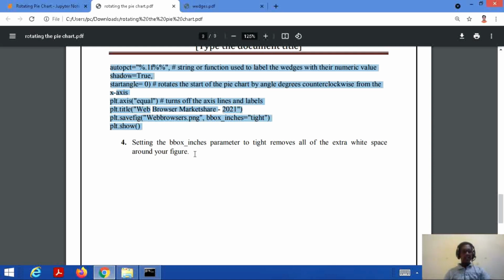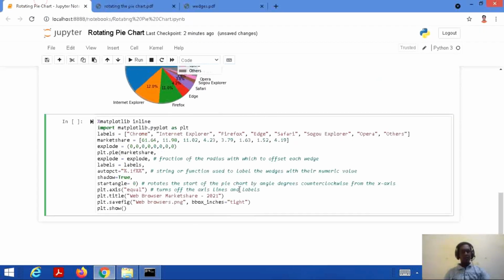That means we are much more concerned about only the clarity of our figure. Okay, so in order to do that we are using this parameter. And then we are showing our plot by plt.show.